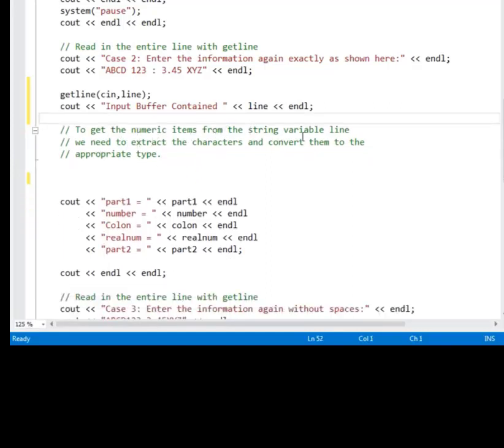After we input that line, we're going to use some of our string processing functions in order to pull out the information. So in fact, the statement here in the comments, let's close out some space, it says we need to get the numeric items from the string variable line. We need to extract the characters and then convert them to the appropriate type. The thing that's going to be a problem for us when we use getline is that getline pulls in everything as a string type. But within that string, there are some numbers like 1, 2, 3 for an integer value,